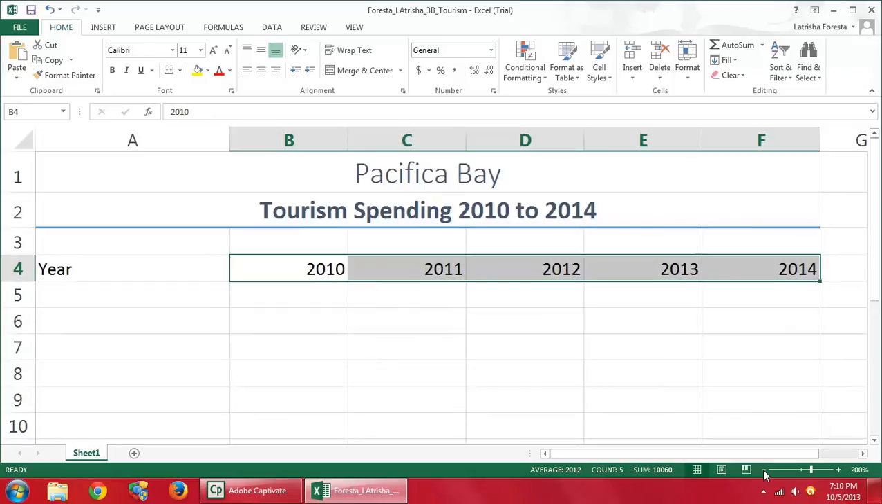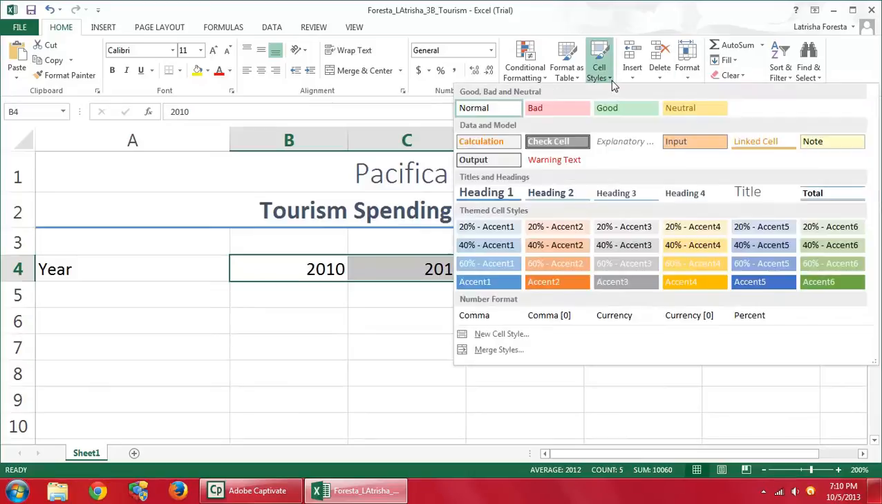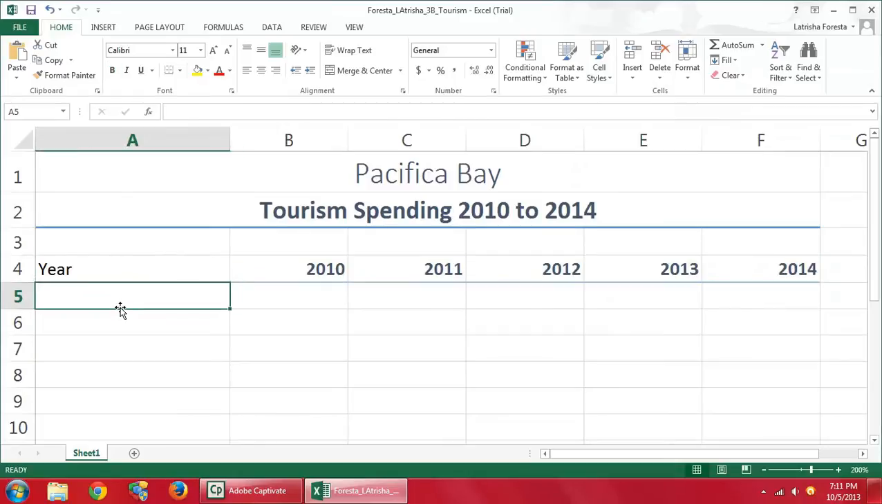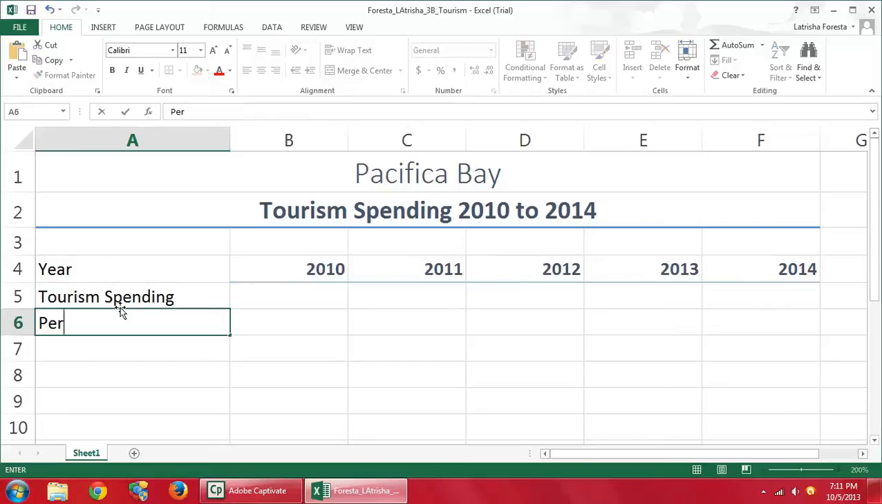We're going to apply the heading 3 to these. We're going to go to A5 and type in tourism spending. We're going to press enter. A6 is percent increase. Press enter. And in B5,